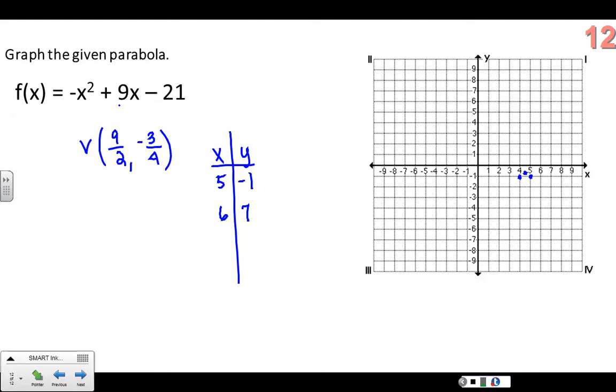Wait a minute. Something's wrong there. Let me try the 6 again. Negative 36 plus 54 minus 21. Got negative 3. I did something wrong with my calculator, so that should be negative 3. Sorry about that. So 6, negative 3, which means 3, negative 3 as well. So that's enough